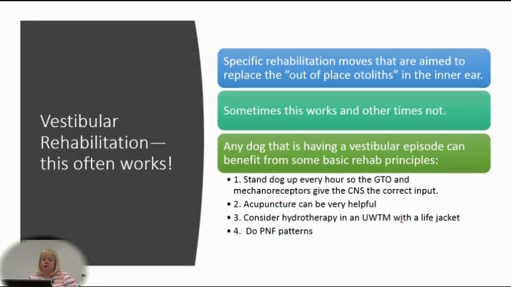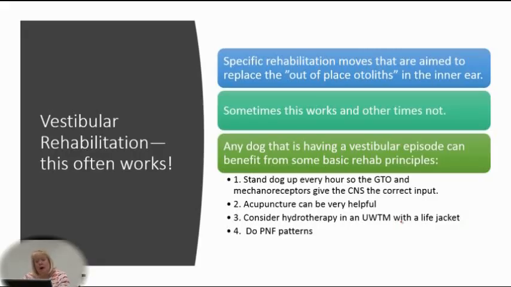So I have here vestibular rehabilitation. This often works, and it often does work, but that said, I have had some patients where nothing worked very well. The specific rehabilitation moves that are aimed to replace the out-of-place otoliths in the inner ear involve putting the dog, really you end up rolling it in a very specific manner, and this is not really the spot to talk about it. I'm hoping in lab to demonstrate for you how you do vestibular rehabilitation, and we can practice